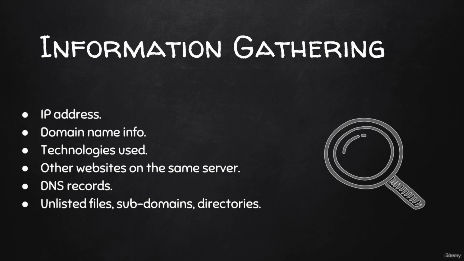As usual, the first thing that we do before we start trying to exploit or find any vulnerabilities is information gathering. So we try to gather as much information as possible about the target. And web applications are no different. So we're going to start by trying to get as much information as we can about the target IP address,